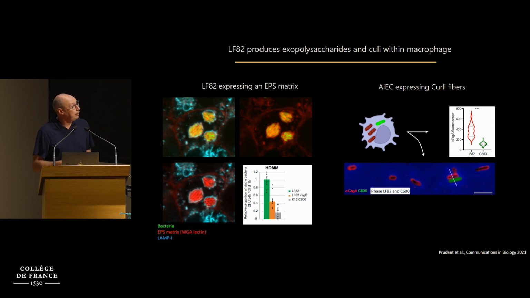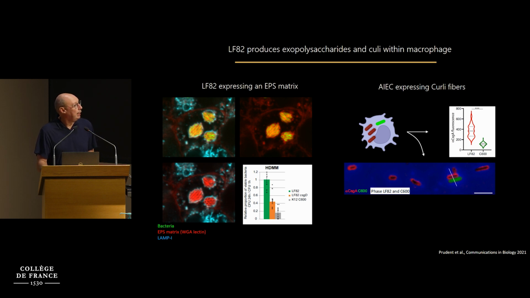We can also detect curli fibers, which are another type of component of the matrix, around IEC bacteria, but not around laboratory strain bacteria that have been in the same macrophage. And we demonstrated that altering the biofilm pathway by deleting one of the regulators indeed reduces survival of these bacteria in human-derived